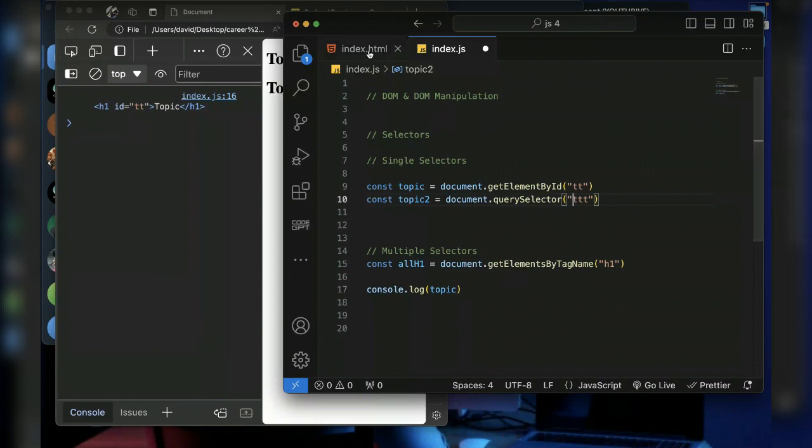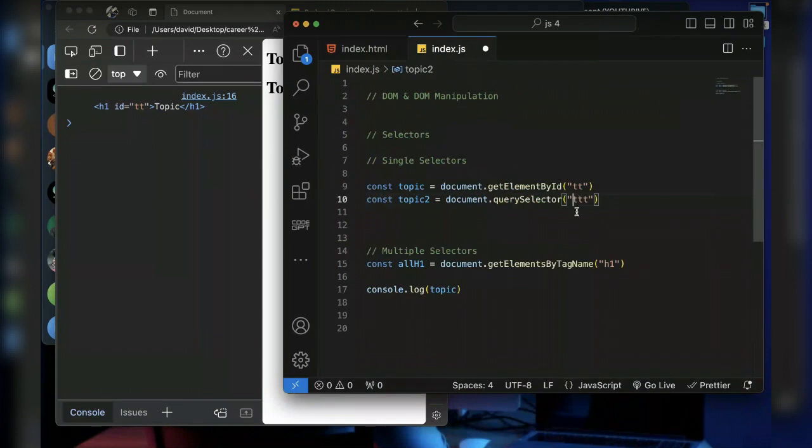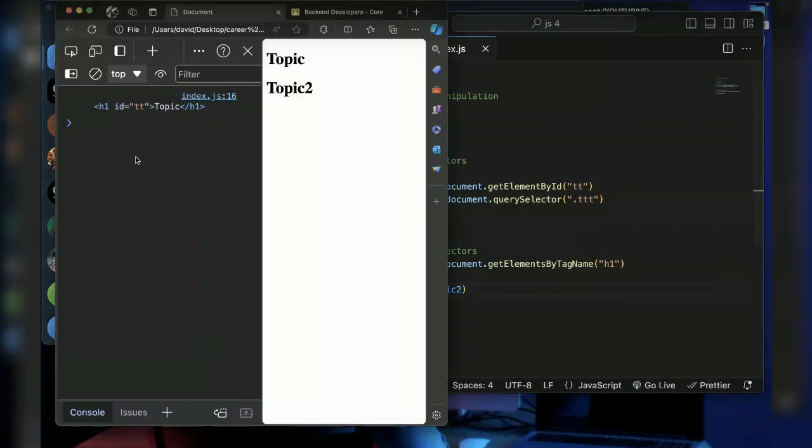Now from HTML here, this is a class name, and since that is a class name, we can add a dot here to signify that this is a class name. So if I save it and console log topic2, by the time I refresh this, I'll see that I am getting topic2.